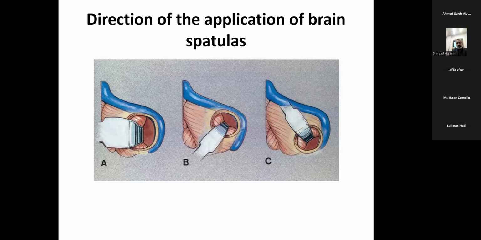So this is a direct view of the application of the brain spatula when we're addressing different nerve complexes. We can appreciate that the retractor is just placed in the midline. By placing the retractor at right angles, we are trying to visualize the middle neurovascular complex. Picture B is slightly oriented superiorly. When we want to address cranial nerve 5, we tend to retract the cerebellum slightly superiorly. And if we want to address the lower cranial nerves, we tend to retract the cerebellum from the inferior aspect in order to make ourselves clear about the origin of the 9th to 12th cranial nerves.